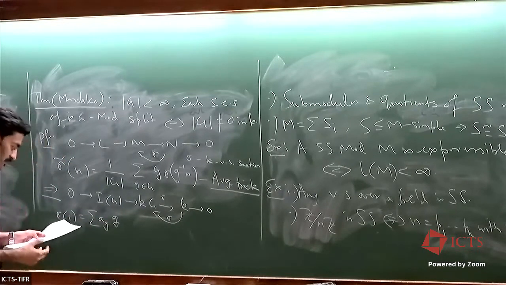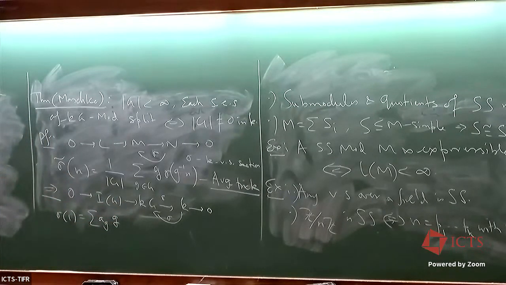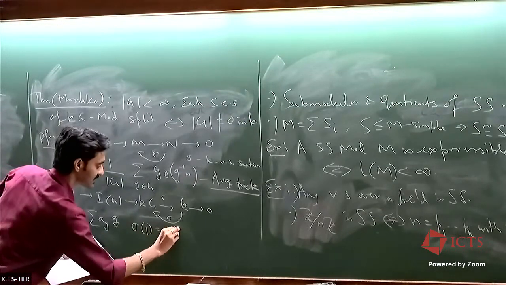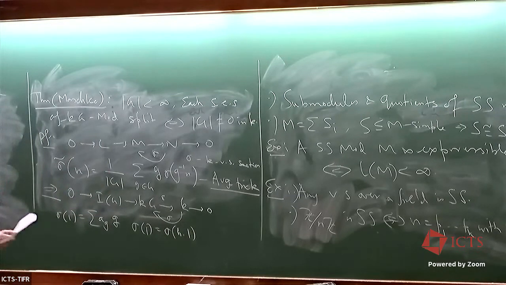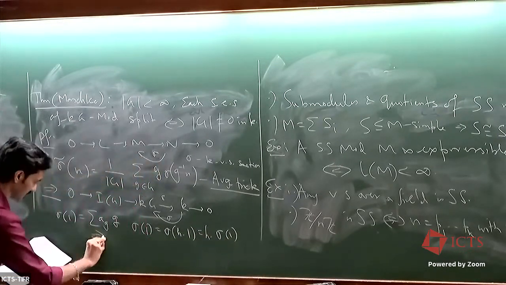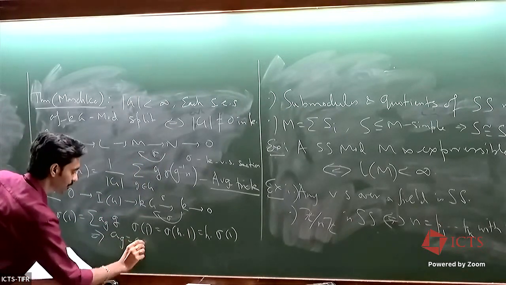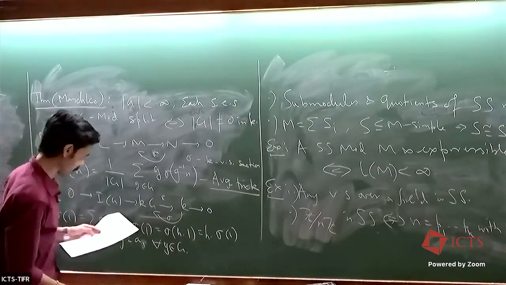And now one can see that since it is a KG linear section, then sigma of h times 1 is the same as h times sigma of 1, because K is the trivial representation. That will give you that the coefficient of g equals a1 for all g in G. Therefore,